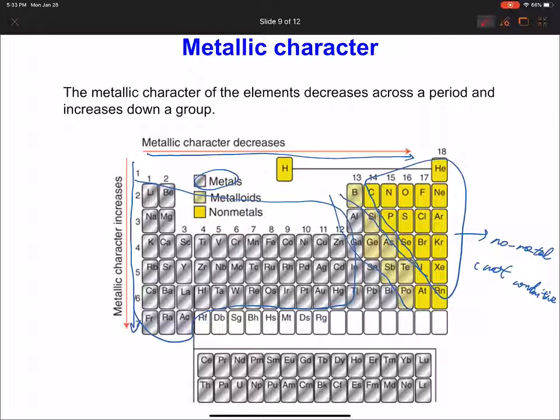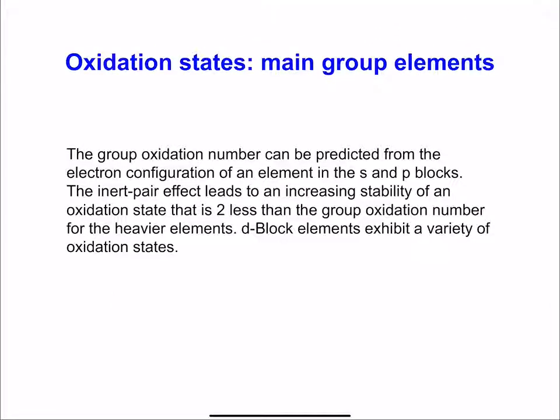But here it's metal. Let's use a different color. You can see here we have a transition region, sitting between metal and nonmetal elements. Those we call metalloids, or you can call them semiconductor elements, which we also examined earlier. That's the metallic character of elements. So lastly, we're going to talk about some information about